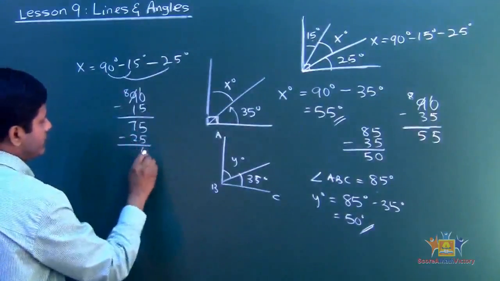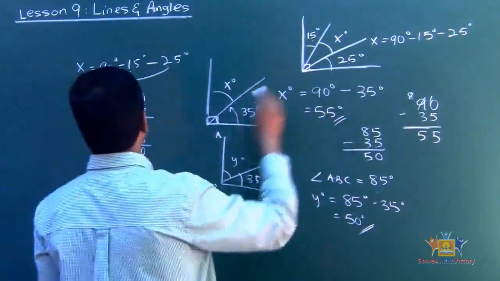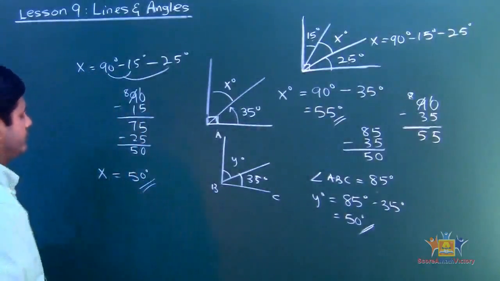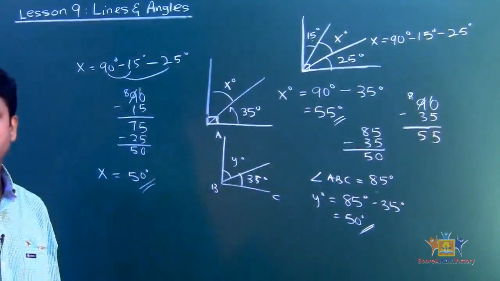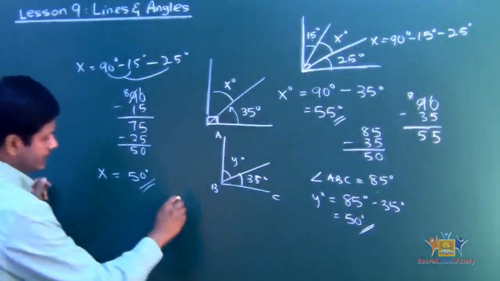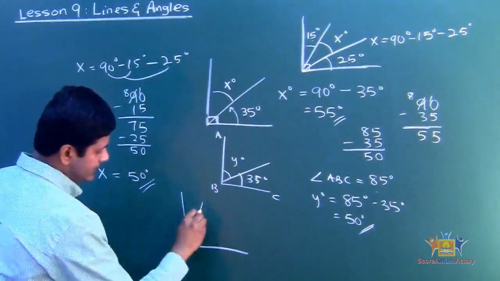5 minus 5 is 0, 7 minus 2 is 5. So it's 50 degrees. So x equals 50 degrees. See that? Now let's say, for example, I can make it more exciting. I can do it this way. Look at this. Again, I can put a right angle, and then this time